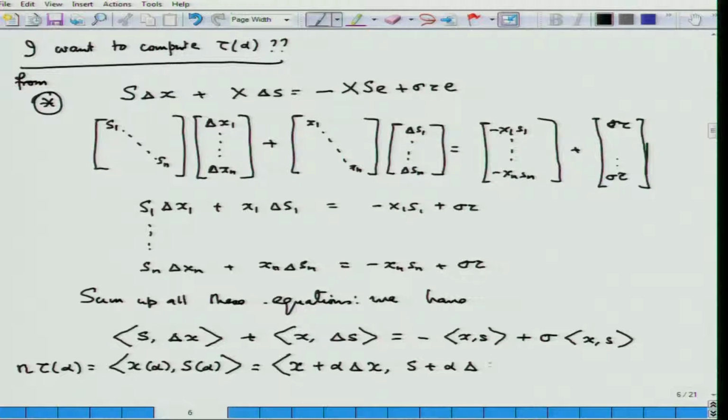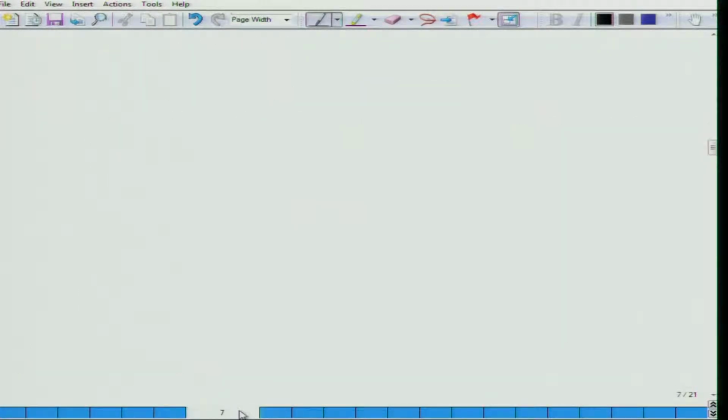So, I will now do their detailed computation. Let us compute n tau alpha. So, what I have is n tau alpha is equal to, I am just repeating what I wrote in the last thing,